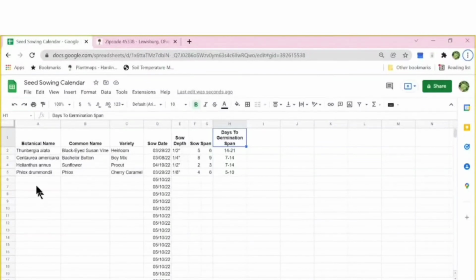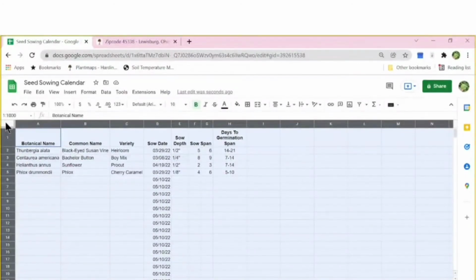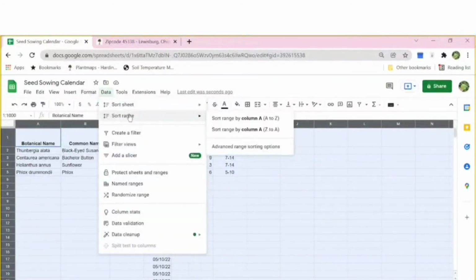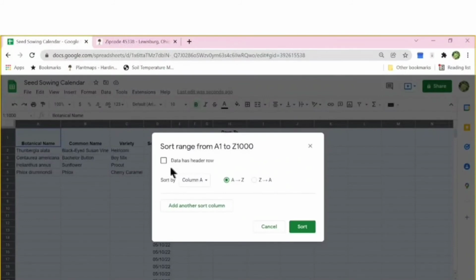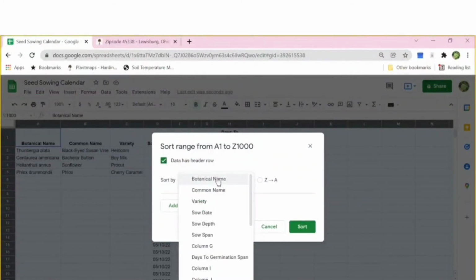We created 2 sheets to make it much easier to sort. To sort, we're going to click on the top corner up here to highlight everything, and we are going to go up to data, click on data range, and then down to the advanced. We need to do that to make sure we can click the box where it says data has a header row. If we don't do this, then our header row will end up sorting into the rest of our